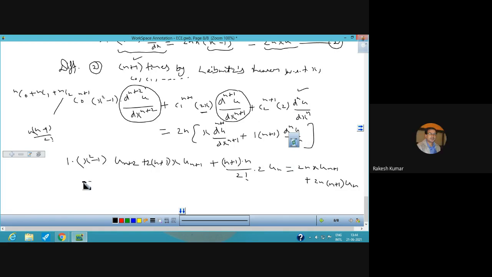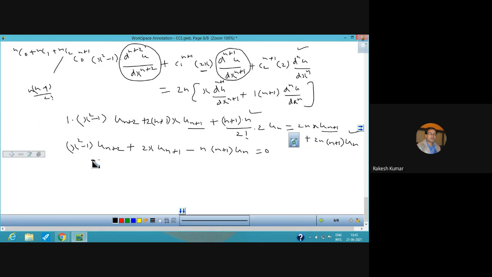This is the way. Now you can have x square minus 1 into un plus 2. नेक्स्ट टर्म इसको थोड़ा सा सॉल्व करेंगे, un plus 1 एंड un plus 1. इसको कोफिशिएंट्स को कॉमन करके सॉल्व करिए, सम अप करिए. यू विल हैव 2x un plus 1, and similarly this can be sum up with this. So n into n plus 1 into un is equal to 0. Now this is the resultant equation. Minus sign will be adjusted over here.